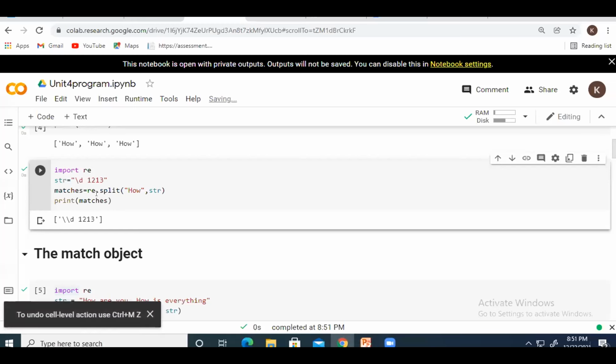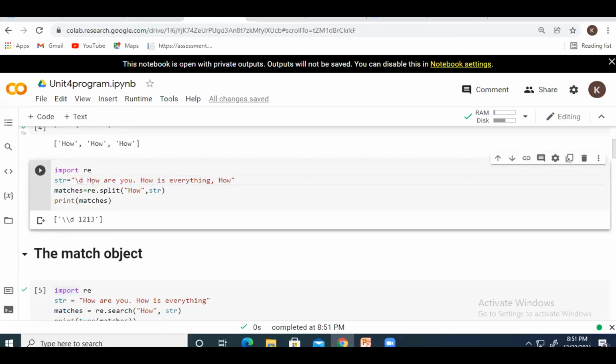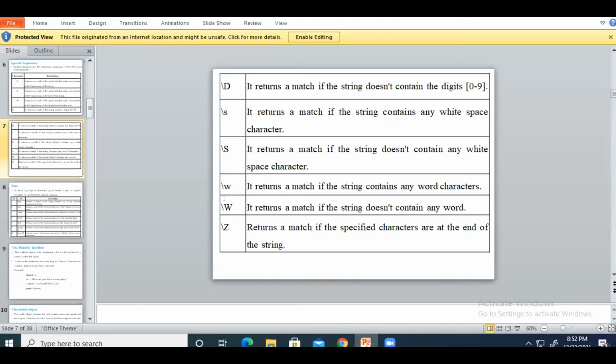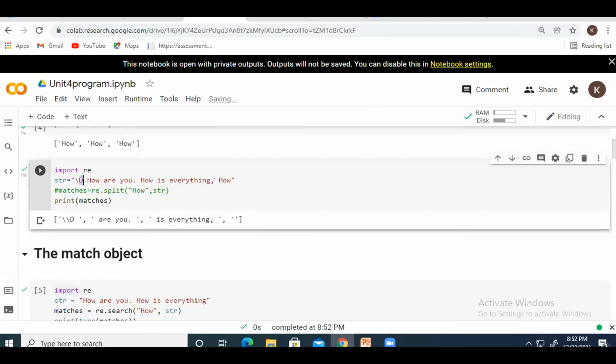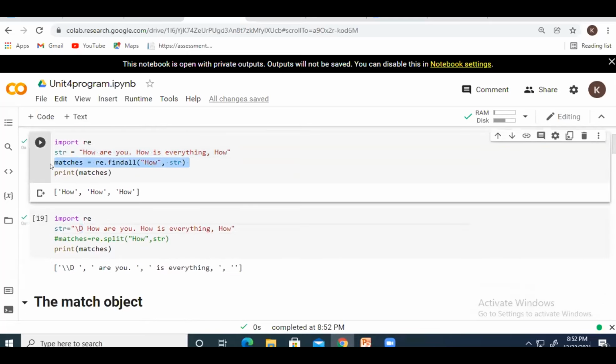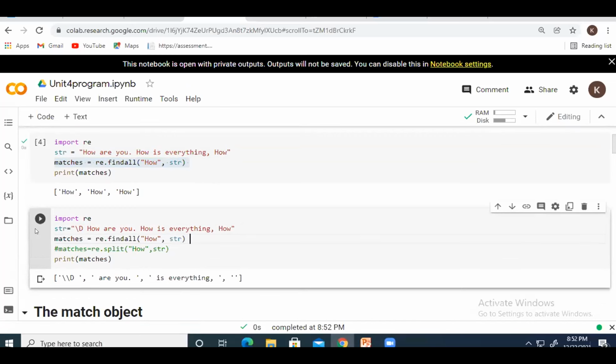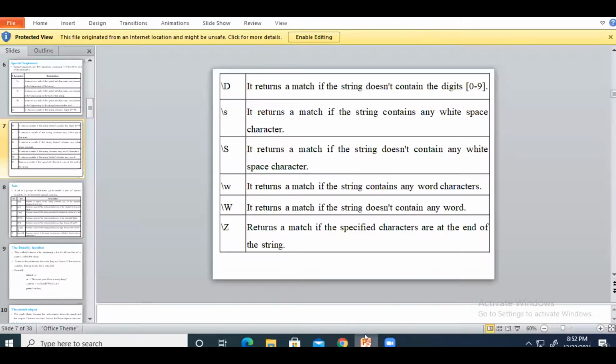Just 1 minute. It will not be working. And suppose here, so you have to see the output for capital D. It returns a match if the string doesn't contain a digit.